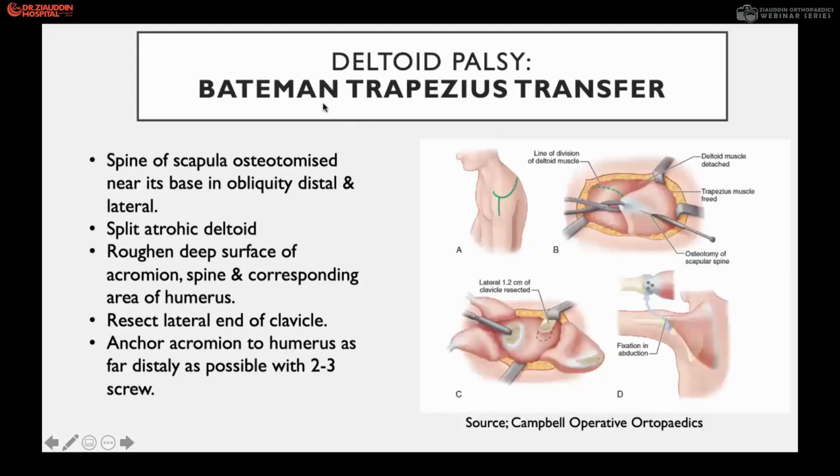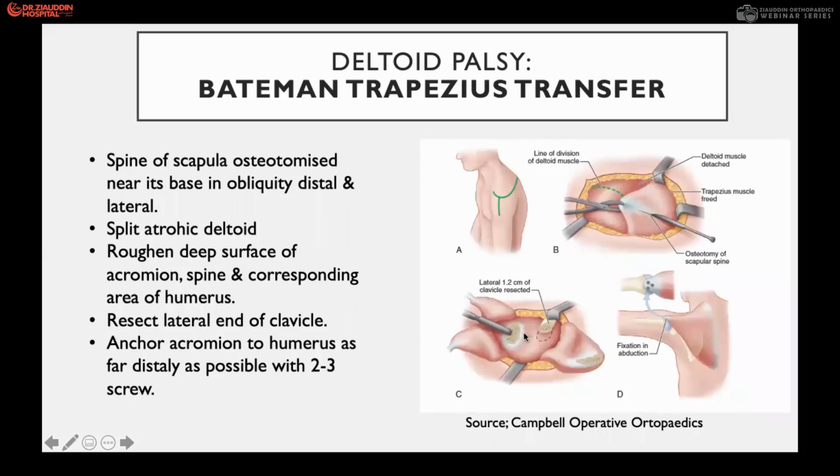Here is the Bateman trapezius transfer. We give a curved incision around the shoulder and a vertical incision to produce roughness around the lateral surface of the humerus. The trapezius muscle along with the acromion is split and transferred over the shaft of the humerus, near the area between the shoulder and the Bateman area, where you can place this muscle after creating